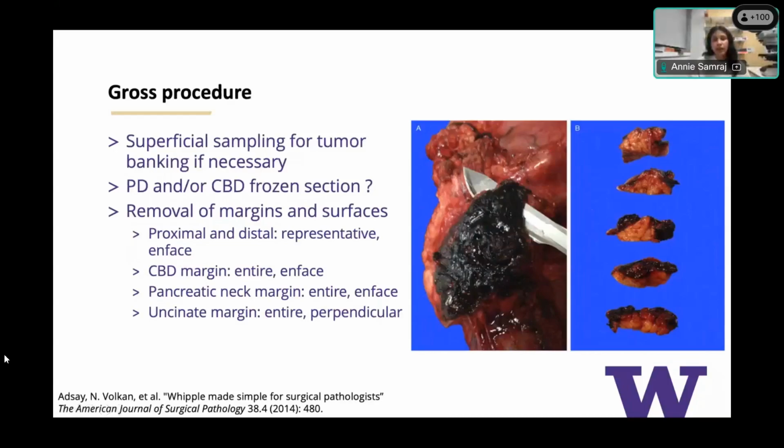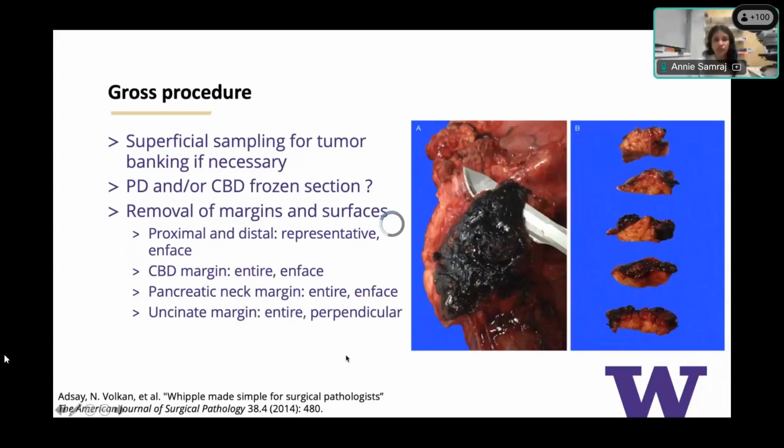And so once these main margins are inked, you can also take your other margins, which are the proximal gastric or intestinal, and distal duodenal. And the tumor is typically going to be far away from these, so it's not necessary to submit the entire thing, but just representative en face is enough. And the CBD is submitted entirely, pancreatic neck entirely, and the uncinate is also submitted entirely. But like we noted, these are perpendicular sections